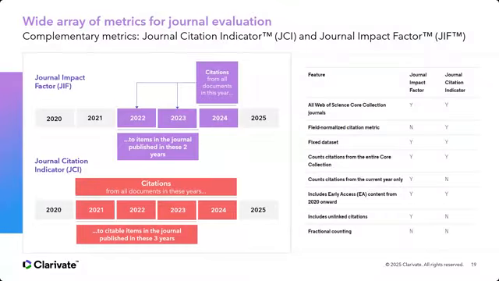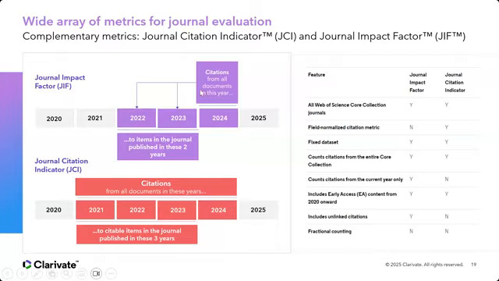Now, these two indicators that I'm showing on the screen are just two of those indicators I've mentioned. Everybody's familiar with the journal impact factor, but a few years ago, we introduced another indicator called the journal citation indicator, JCI. Why did we introduce this new indicator? Sometimes you might want to compare journals across different disciplines, and it is important to normalize the citation behavior of the journals if you want to compare their impact.